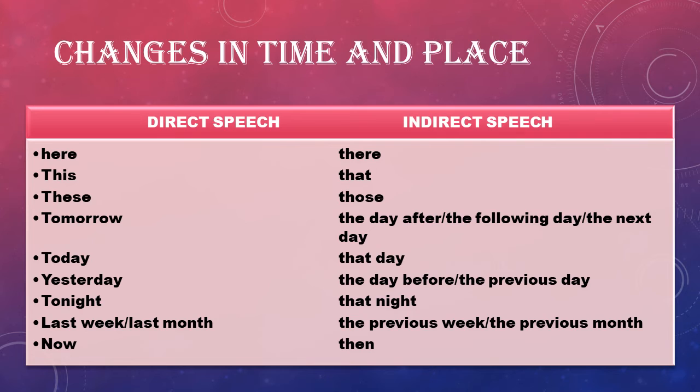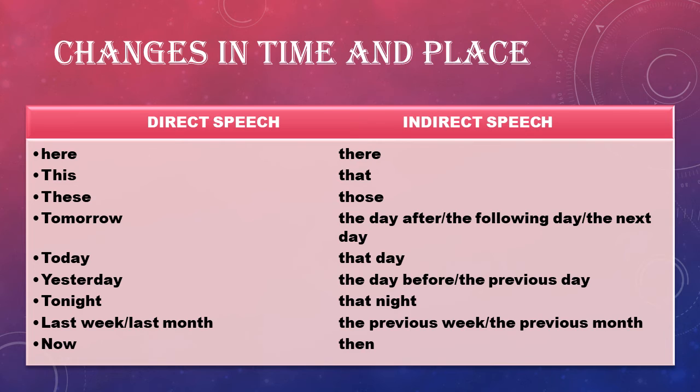Children, we noticed in our previous sentences that while changing a sentence from direct speech to indirect speech, there were some changes in the time and position. To understand it better, I have given these in a tabular form here. You can clearly see that here changes to there in indirect speech, this changes to that, these to those,